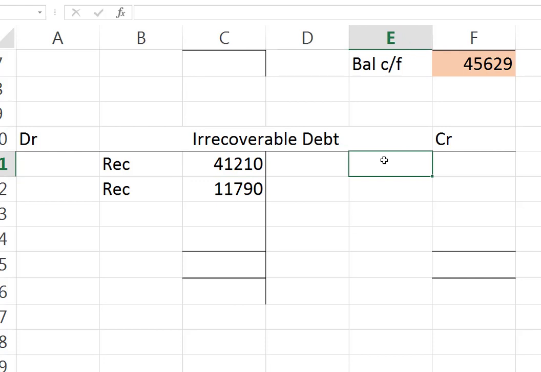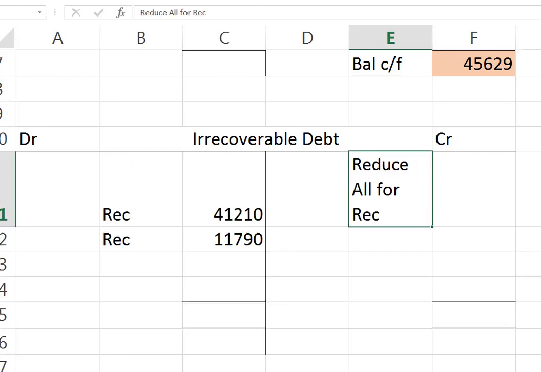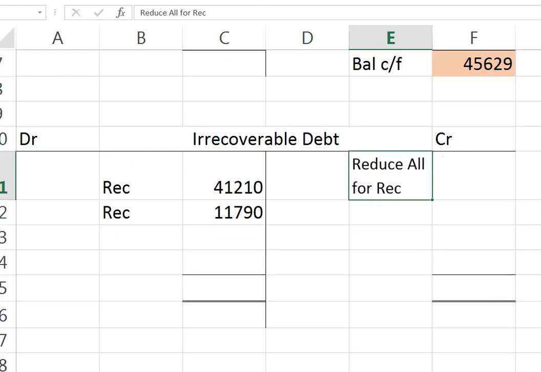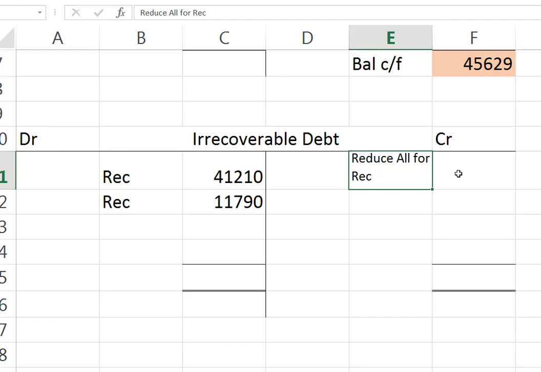Okay, so I'm going to say reduce allowance for receivables. I'm going to make that wrap, and I'm going to make it a lot smaller, and the reduction there was 2871. Okay, 2871. So what is the figure then for our statement of profit and loss,